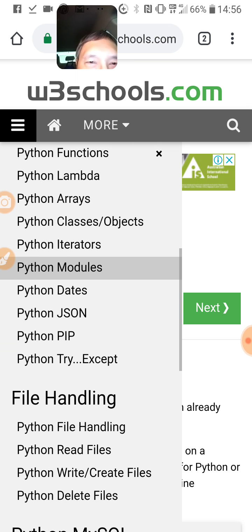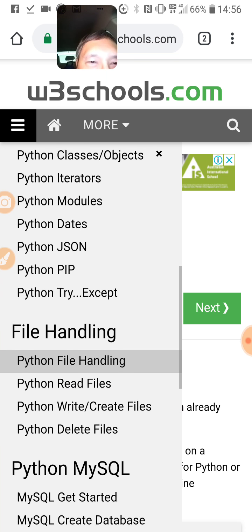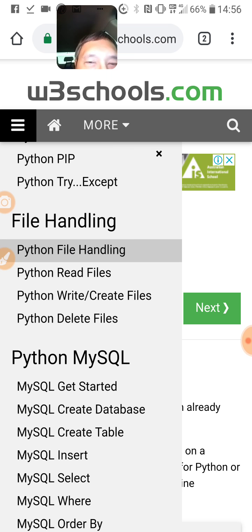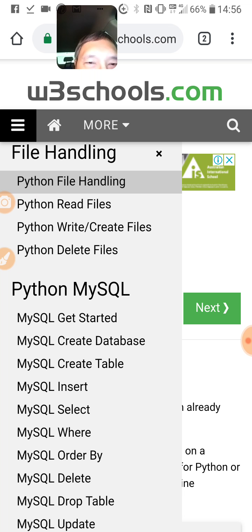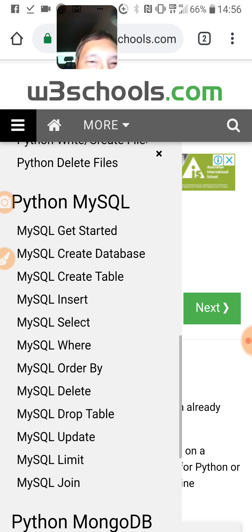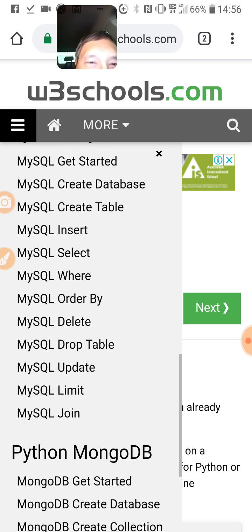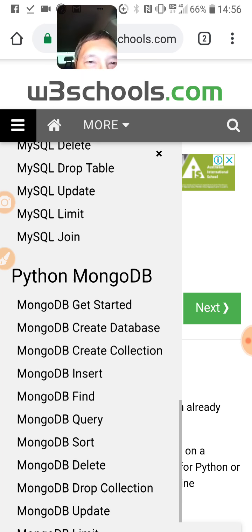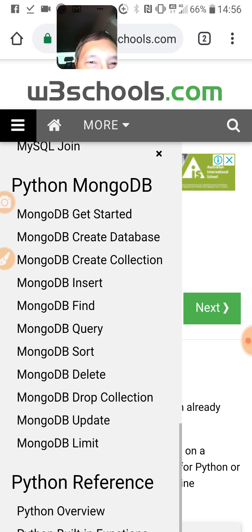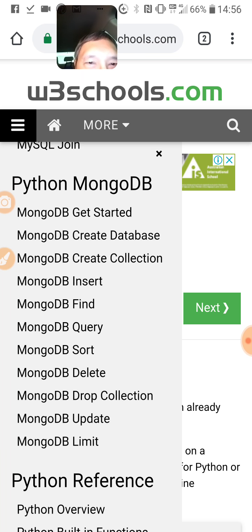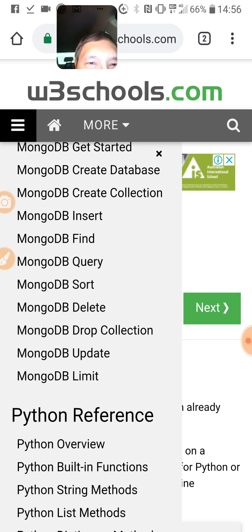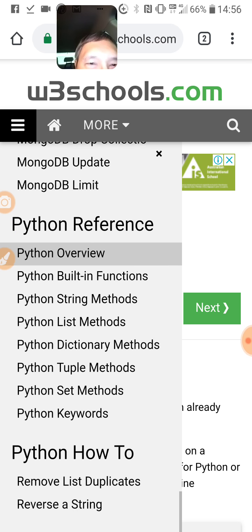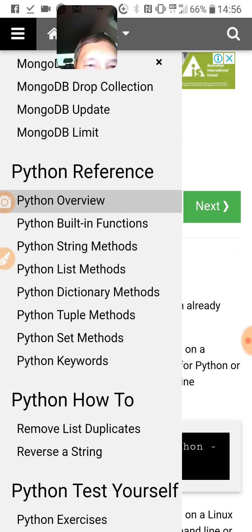loops, for loops, functions, lambda, arrays, classes, objects, iterators, modules, dates, JSON, PIP, Python try and except, file handling, read files, write, create files, delete files, database, MySQL, get started, create database, create table, insert, select, where, order by, delete, drop table, update, limit, join, MongoDB, get started, create database, create collection, insert, find, query, sort, delete, drop collection, update, limit, references,